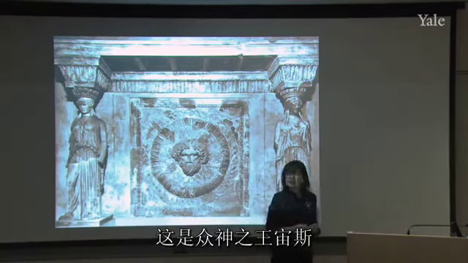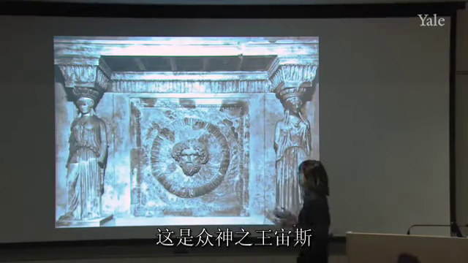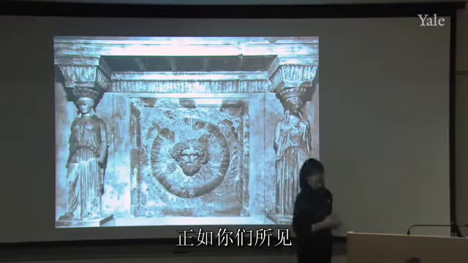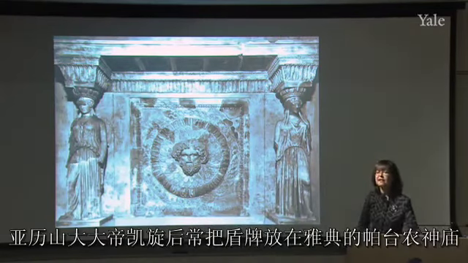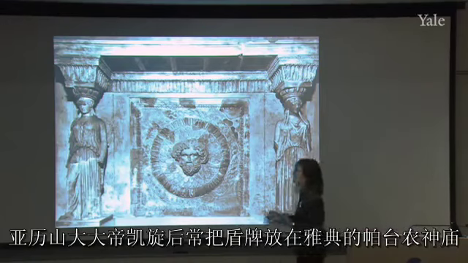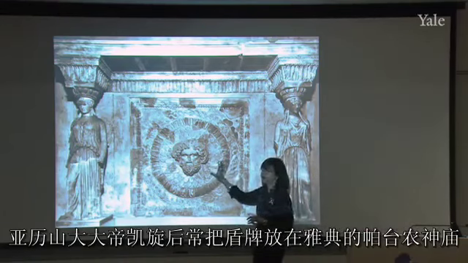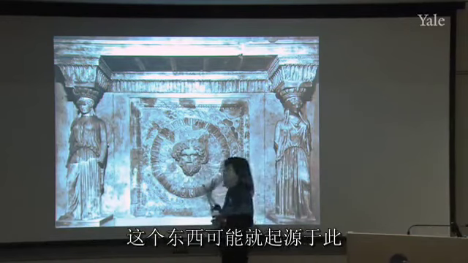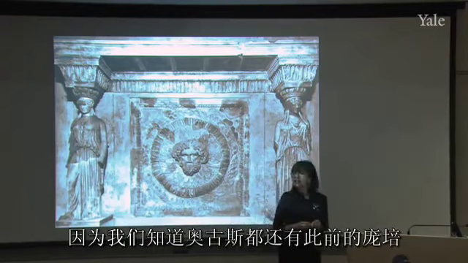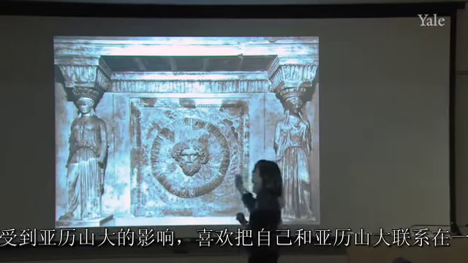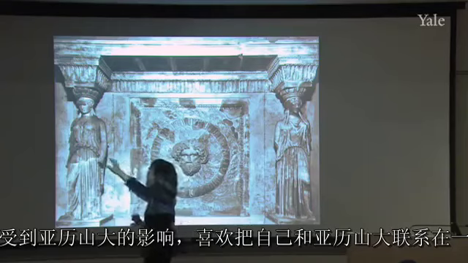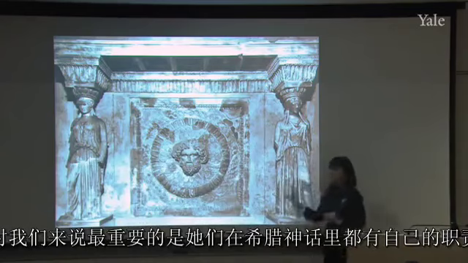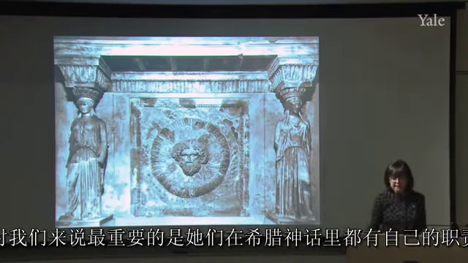This is the god Jupiter, a certain guise of the god Jupiter, Jupiter Ammon, as you can see him here. And we have information that tells us that Alexander the Great used to place shields in the Parthenon in Athens and elsewhere after great military victories, and it is possible that that sort of thing is being referred to here because we know Augustus, like Pompey before him, had a thing for Alexander and liked to associate himself with Alexander. But most important for us is the fact that these maidens have clear precedence in the Greek